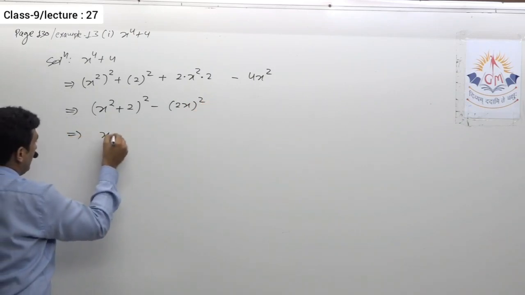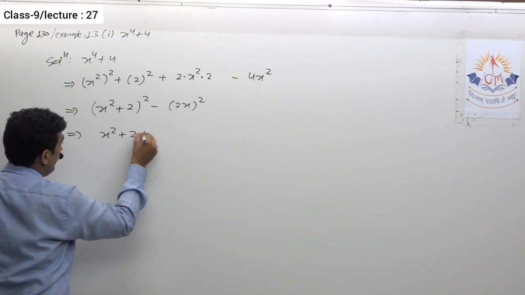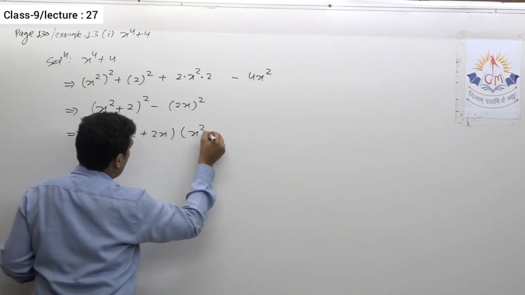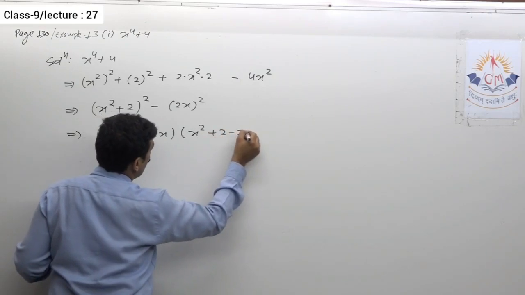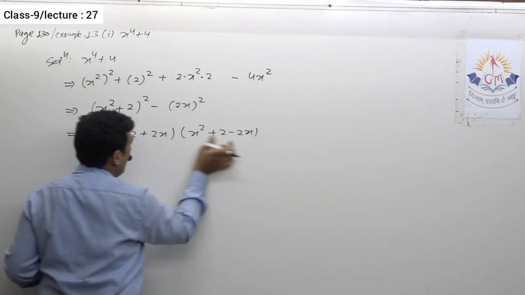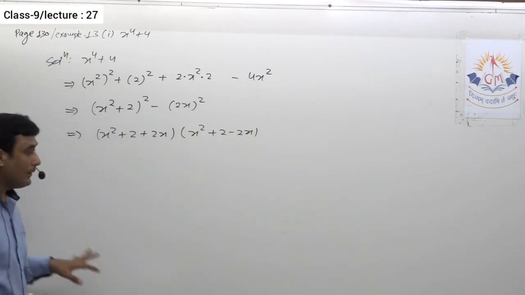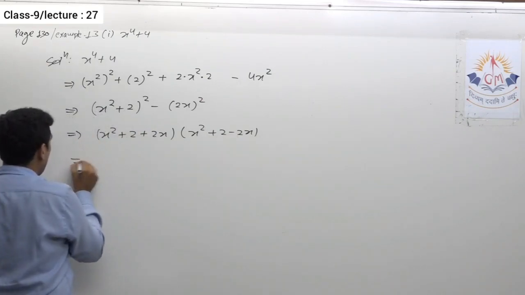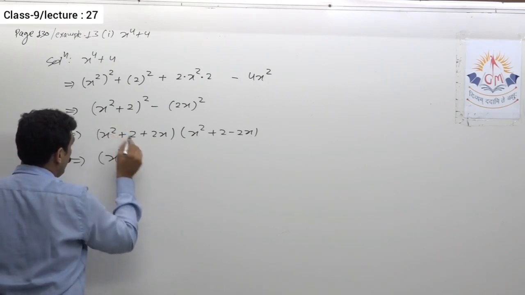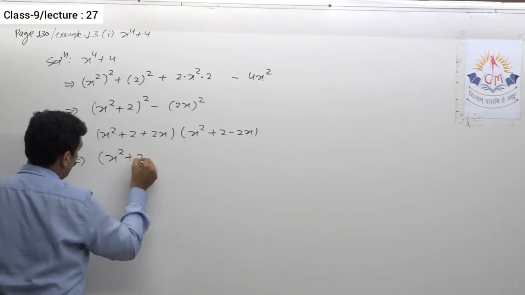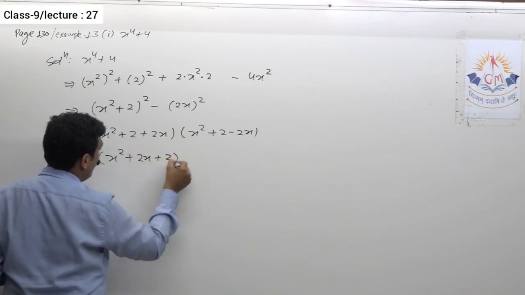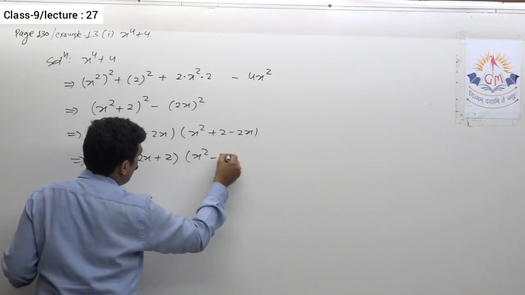So here I get a square minus b square. So a plus b, a minus b. Okay, a plus b, a minus b. As I told you, I write this in a standard form. That means the first term should be of maximum power, the next term should be of a power less than that. Here it is power 2, here it is power 1, then 2. Then here again I write in the same way.